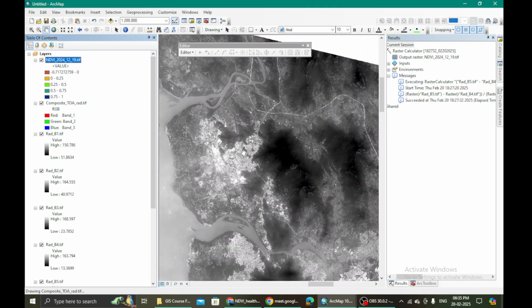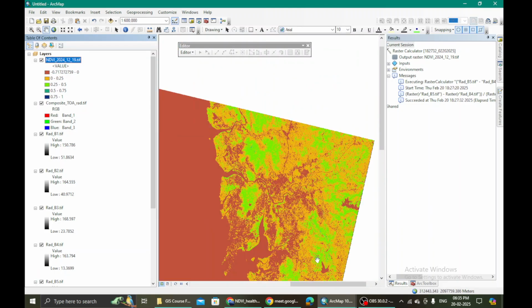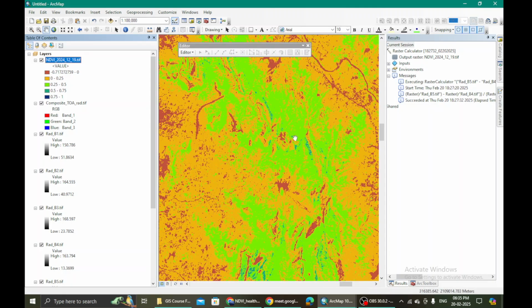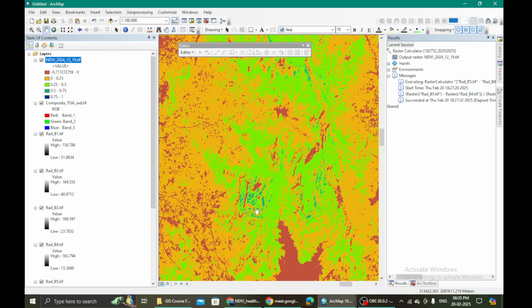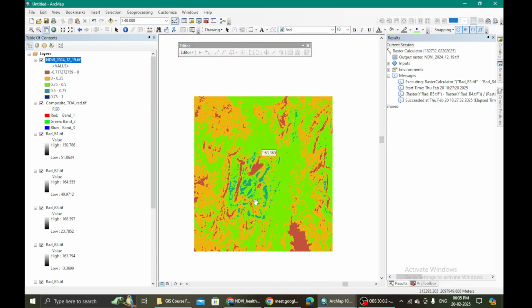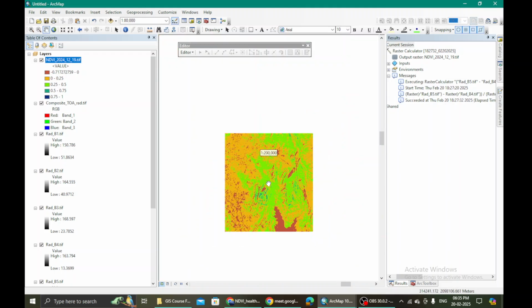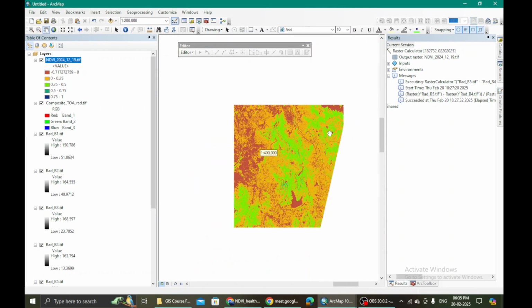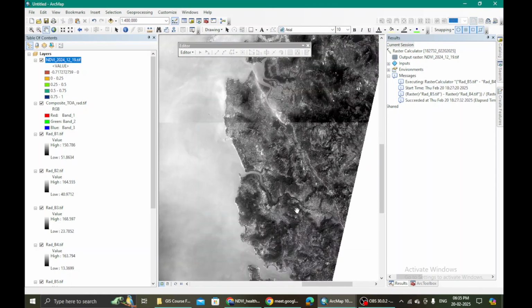Okay. Have you done this? Have you understood this? Yes, here also there are some darker green values. That means the vegetation is in an excellent state over here. Maybe it is not disintegrated here. Whereas everywhere else it seems to be maybe scanty vegetation, or maybe something that is degraded, fragmented vegetation.